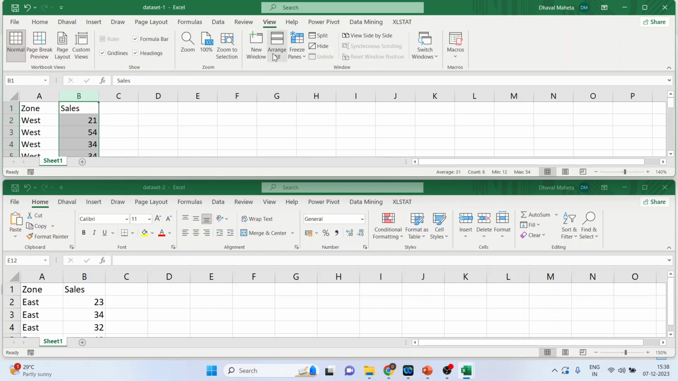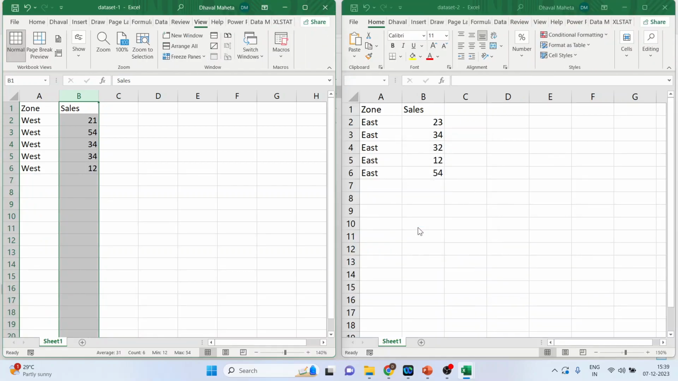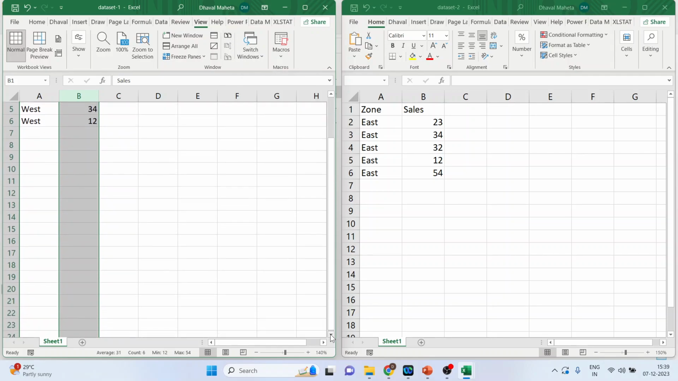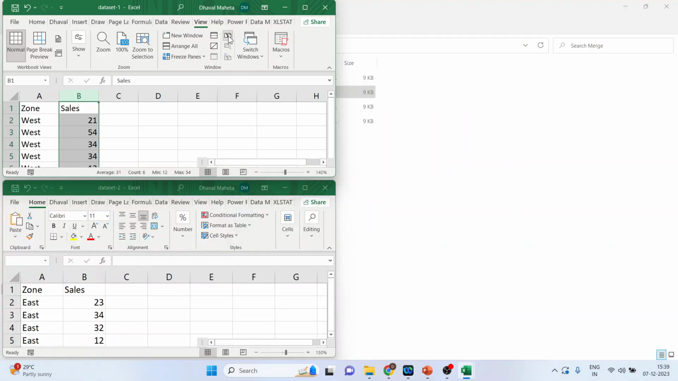Now again click on arrange all, vertical. So two data sets will be arranged side by side. You can see. Now there is one option here, view side by side. See, at present, when you will scroll this, no changes appear on the dataset 2. But you want the scrolling should be done simultaneously in both the Excel sheet. So what you can do, view side by side